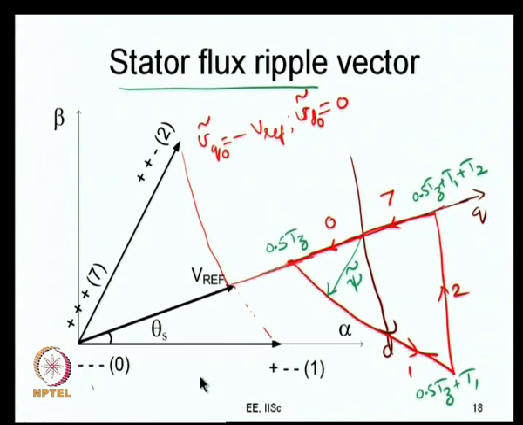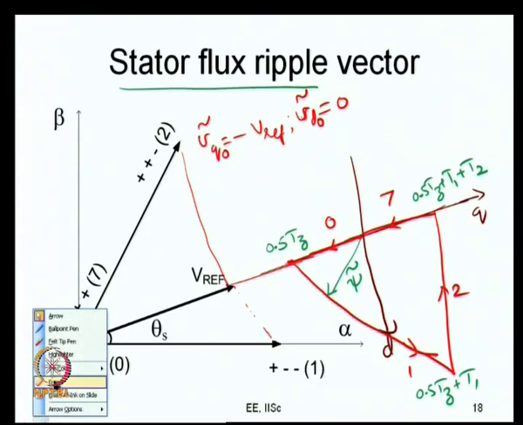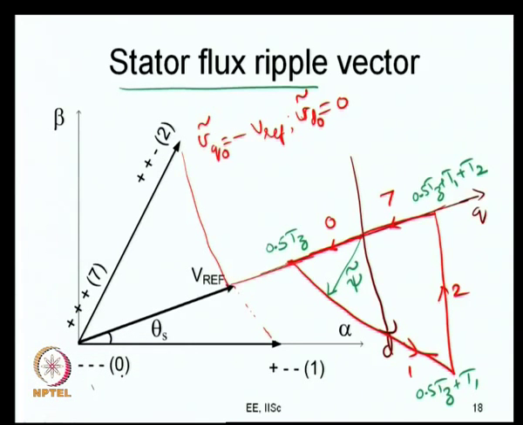What would actually happen is, it will just move a little parallel, let me take it like this. So, T0 may get shortened and T7 may get lengthened because of common mode addition. If it happens like that, this will move like this and this will move like this, and it will anyway come back to the same point. So, what I try to show in the dashed line is the case when the 0 state division is unequal. This is when the 0 state time is equal.